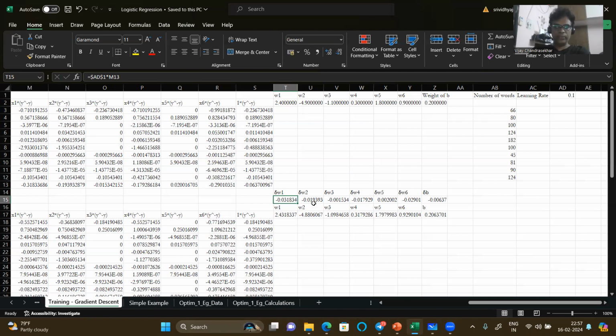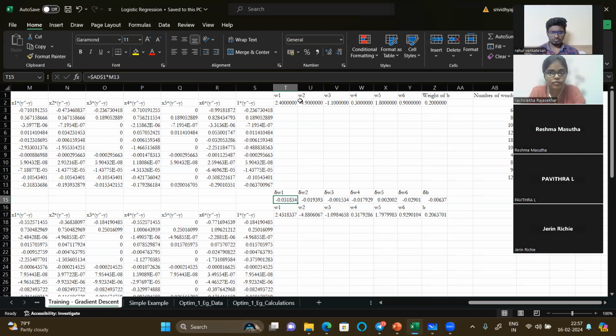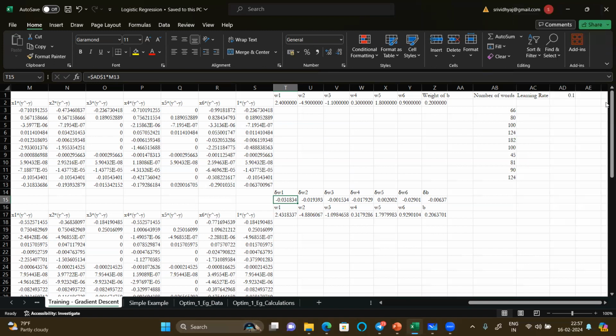Have a look at the spreadsheet, folks. Subtract W and delta W1. Exactly. So you start updating the weights as, sorry, who was it who said that? I forgot. Somebody said that. Yeah. So we update the weights. And as Mugundan just said,